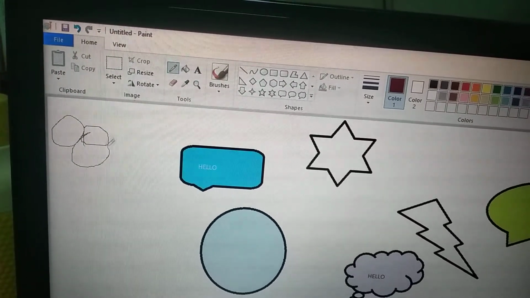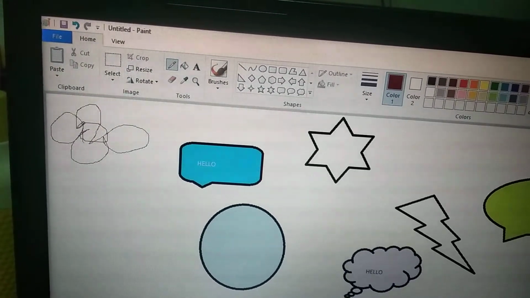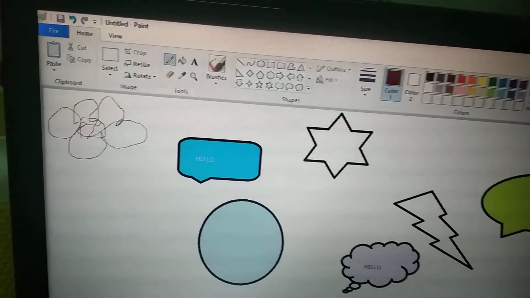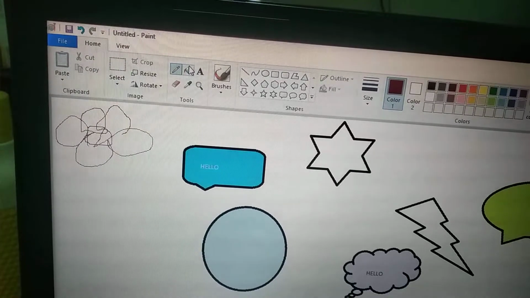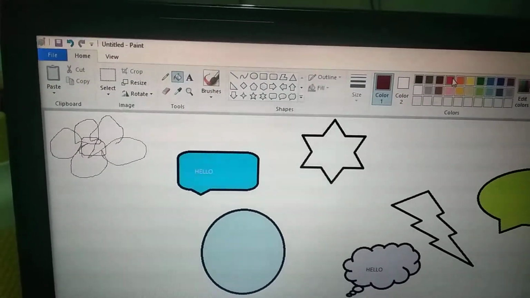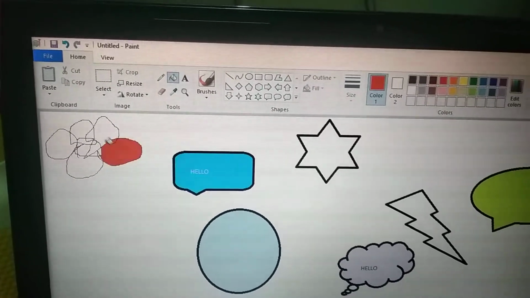As you draw it with your pencil, you make the shape as you want, and then you can again fill the color also with this fill with color tool. I am choosing red color and putting it here.